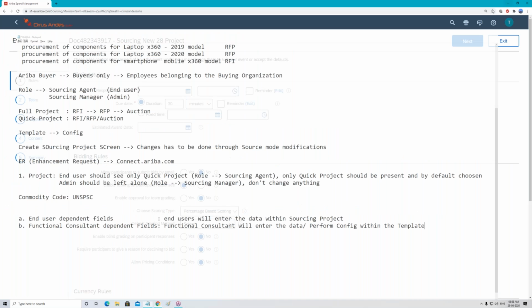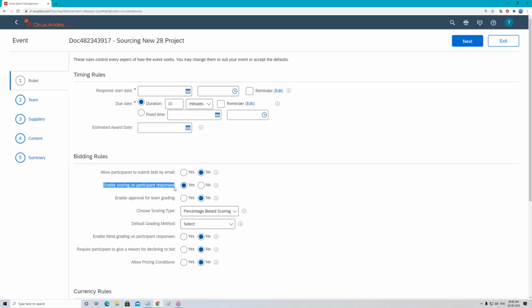Example, Manoj: enable scoring on participant response. I'm just arbitrarily taking this particular point. What does it mean? When you see the full sourcing project, at the end, once the supplier has given their quotation, you will see Ariba giving a particular score to each supplier's price quotation. By comparing the supplier scores against each other, Ariba will automatically suggest this one is the L1 supplier, L2 supplier, L3 supplier.